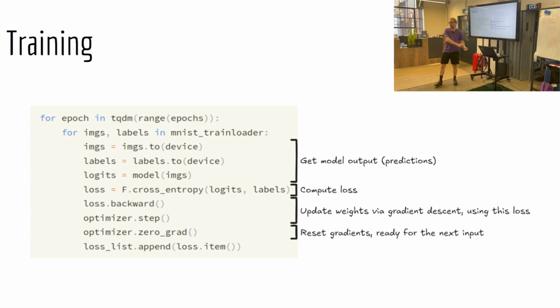You want to do one move of data to the GPU and then one move back for whatever it is you want to get back from the GPU. Moving stuff back and forth can be a real latency killer. So we move our stuff to the GPU. We then query the model. So I feed the images into the model, and the model spits out